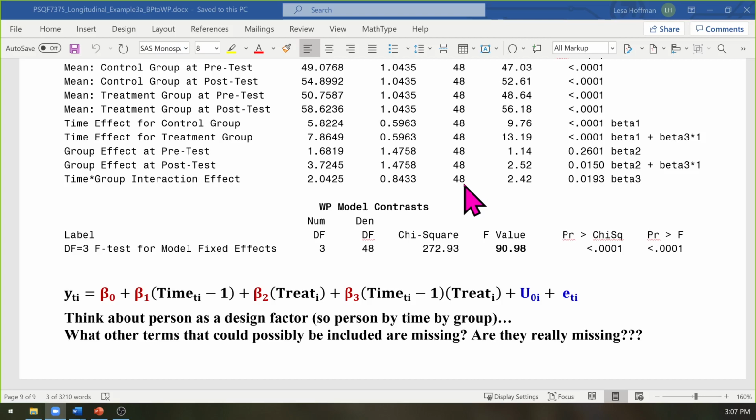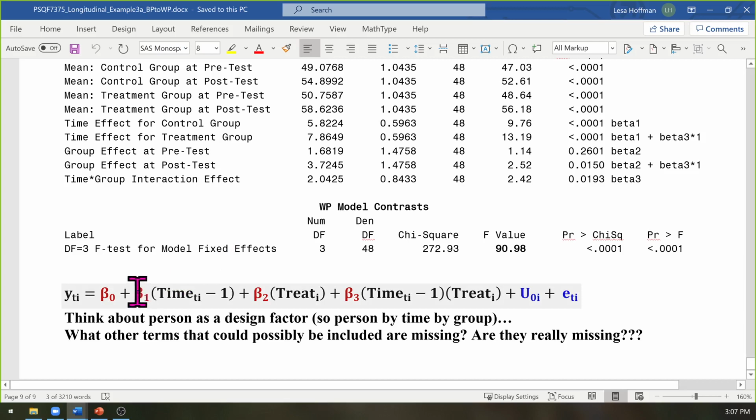So if we think about it from a three-way ANOVA kind of perspective, that means that we have potentially three main effects, one for time, one for group, one for person. We have three two-way interactions, time by group, time by person, group by person, and we have a three-way interaction. So I want you to look at this equation and help me figure out which one of these are here and which one of these are not here. So let's start with the main effects. Do we have a main effect of time? Simple main effect or conditional main effect, but whatever. Do we have one of those in there?